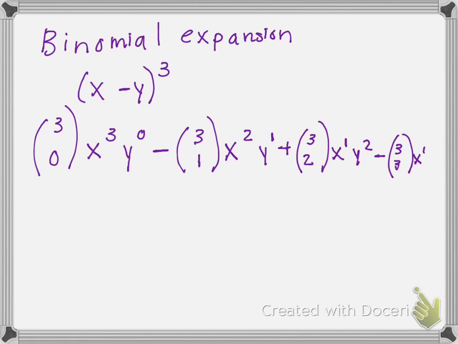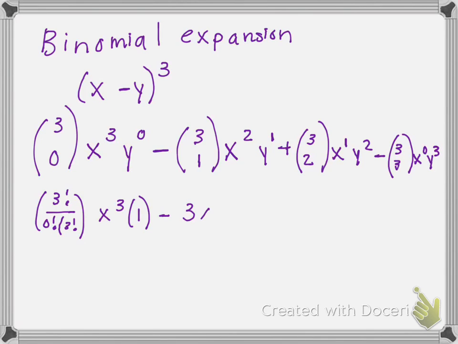We get x to the 0 because 3 minus 3 is 0, and then y cubed. And so when we simplify that, we get that 3 factorial over 0 factorial times 3 factorial becomes 1, remember. So we just get times x cubed times 1 because y becomes 1. And then we get minus, and then whenever we have a 3 and a 1, we just get the original